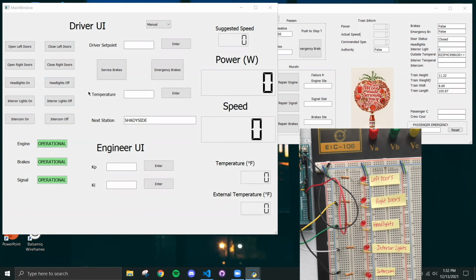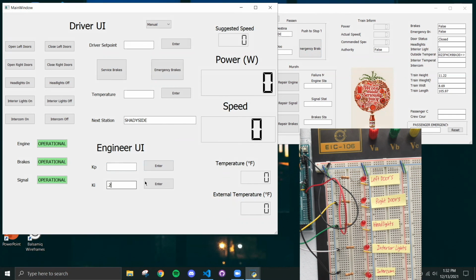Okay, so this is my video on the train controller hardware version. Right now this is my UI for the train controller along with these LEDs right here. And then I also have up the train model UI as well. The situation is that there's a train dispatched on the track, but it's just sitting there and not moving yet. So first off, we can set our KP and KI